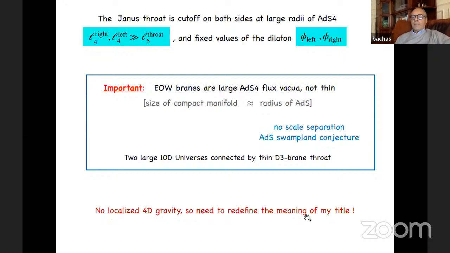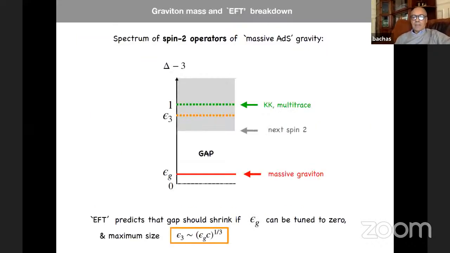And we need to redefine what we mean, including in the title of my talk. Well, here is what I mean. There is still a sense in which we can talk about it. And as I said, the sense is that we have to think about the spectrum of spin 2 operators of this massive AdS gravity. And what I will call localized gravity, it's a misnomer, but that's what I really mean,